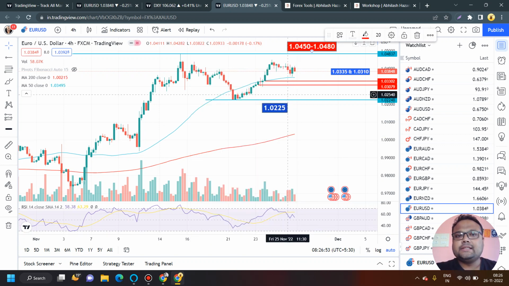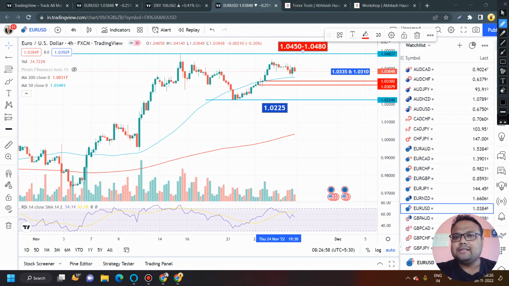This will be the resistance zone for Euro USD. If you see market struggling around this level, if you see that market is facing selling pressure from above, then don't be surprised, because it is a very strong resistance, and you can consider taking a sell position. If you see a shooting star pattern, bearish engulfing pattern around this level, you can go for a